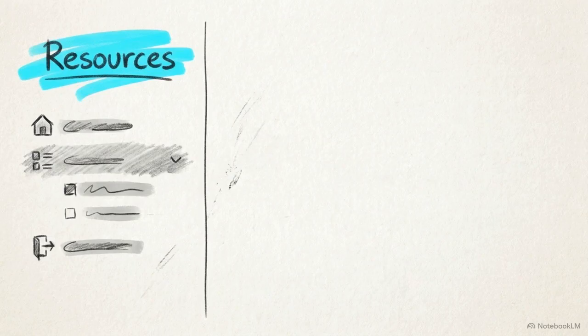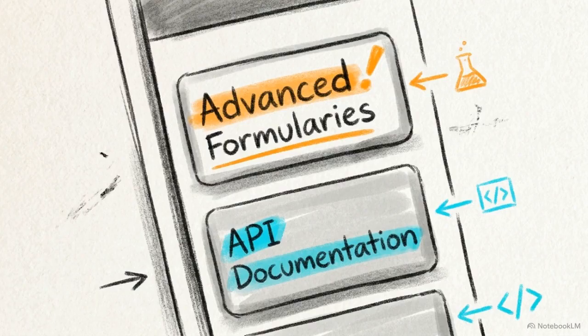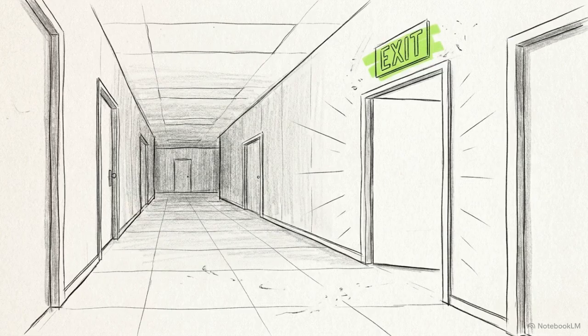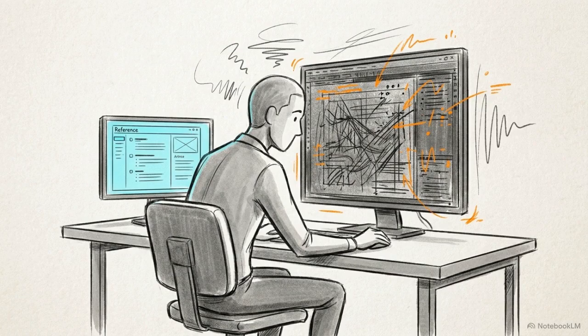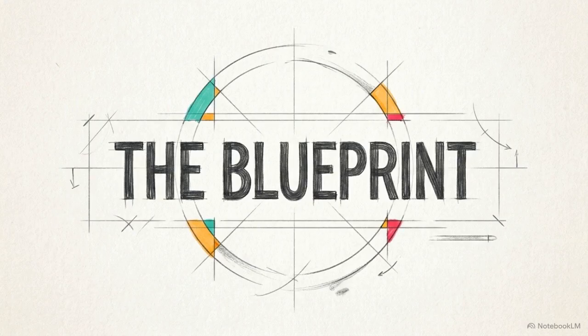Then, build a clear resource menu so that your experienced learners can jump straight to the exact reference materials they need to fill the gaps in their knowledge, and then exit. When you give experts total autonomy, they stop resenting the training and start using it as an efficient tool for their actual work. Review the core components of the newly completed scaffolded module blueprint: stripped theory, safe first steps, hidden